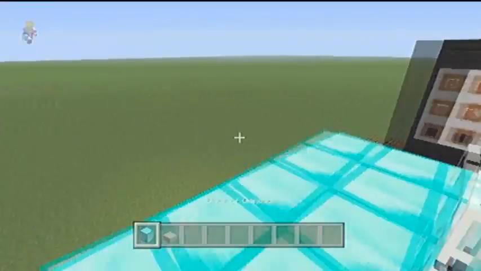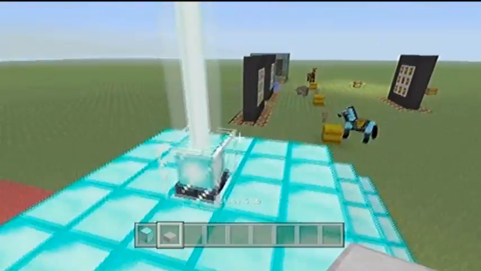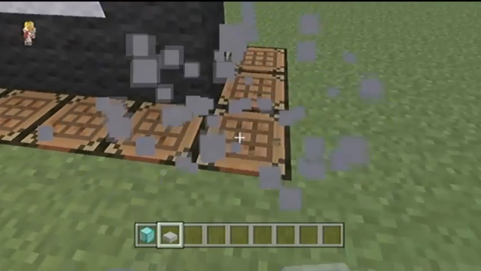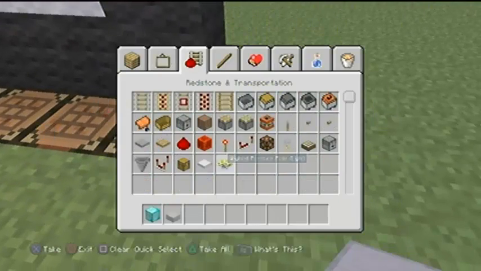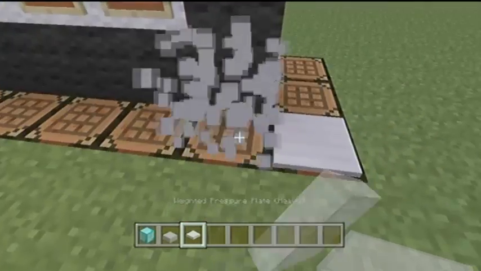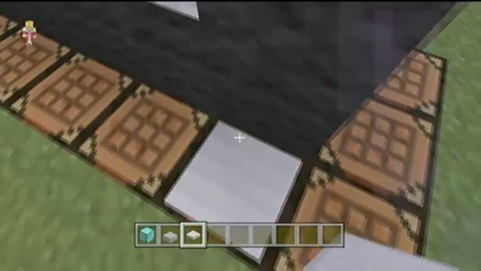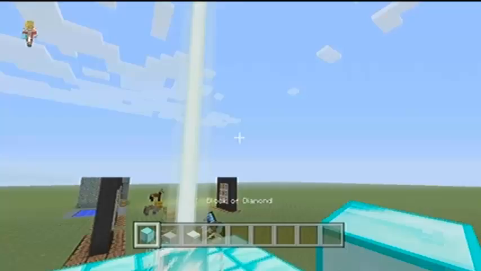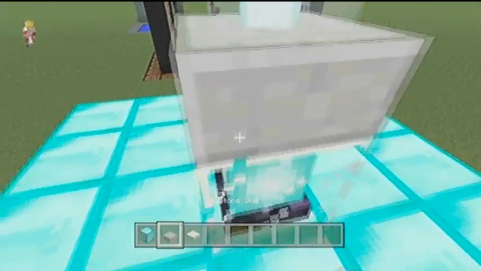And another cool thing, just quickly, if you crouch, you can put any block on top of stuff. Now you can even put pressure plates on top. I know you used to be able to do that, but it's just easier to do it like this. So if I stop that from working,